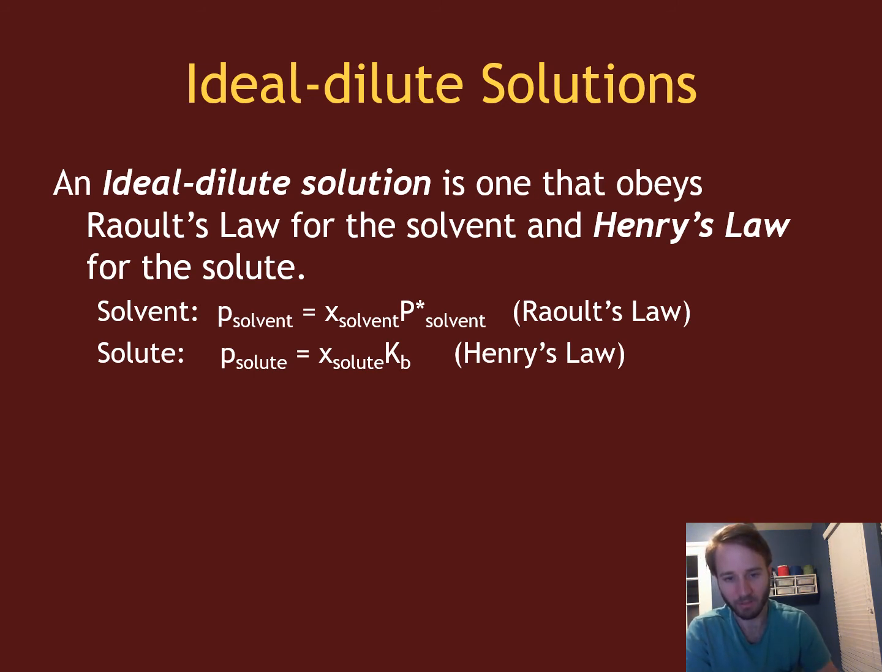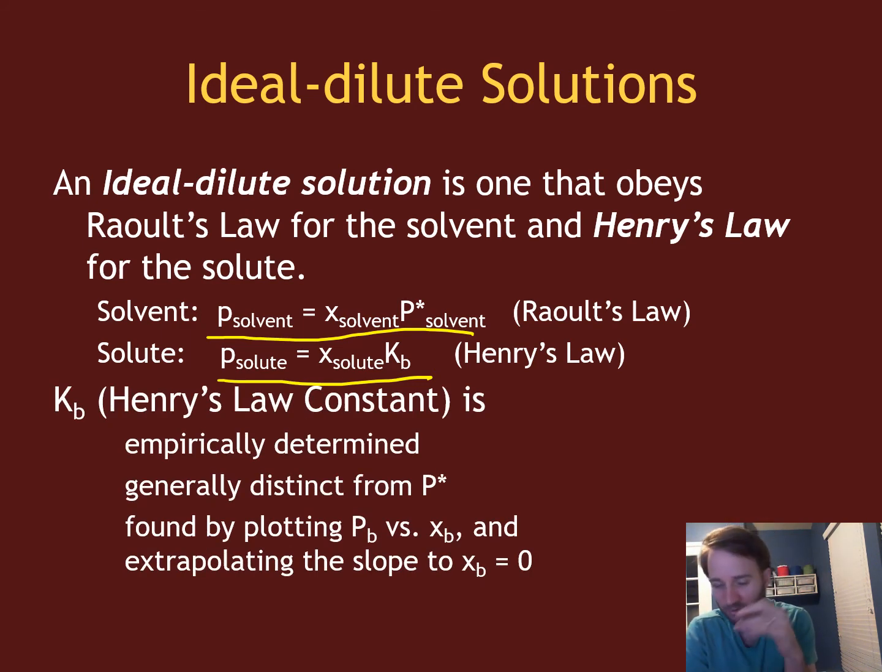What that means is the pressure of the solvent is the mole fraction of the solvent times the vapor pressure of the pure solvent. For the solute, the pressure of the solute is equal to the mole fraction of the solute times Henry's law constant. Henry's law constant is just some constant that is empirically derived; you have to do it through experiments, and it's typically very different from the vapor pressure of the pure liquid. You get that by plotting the vapor pressure of your liquid with respect to its mole fraction and extrapolating